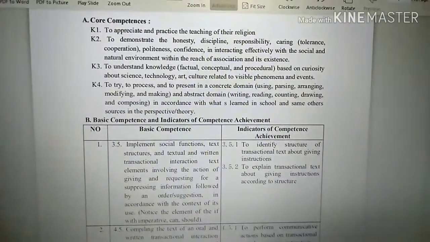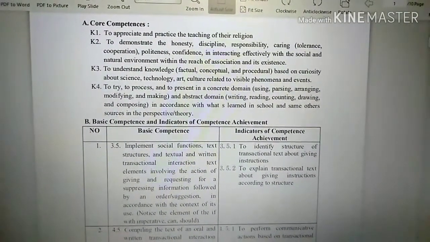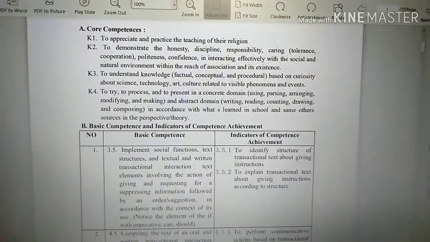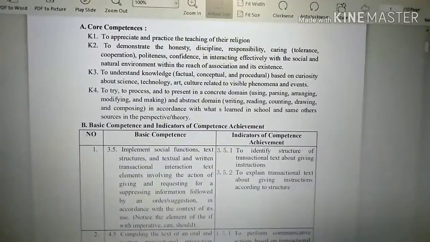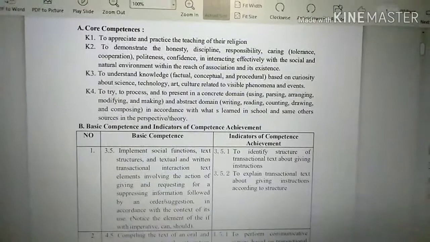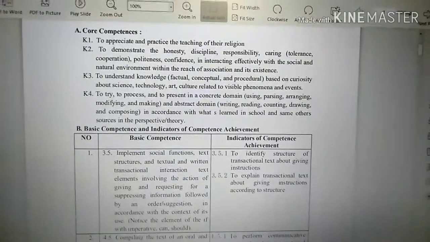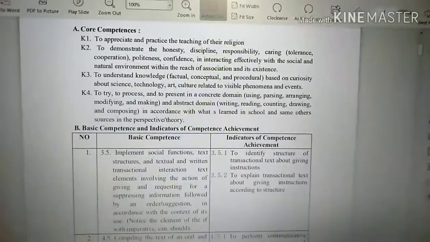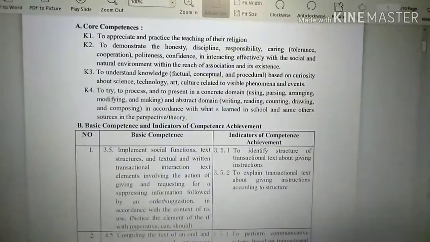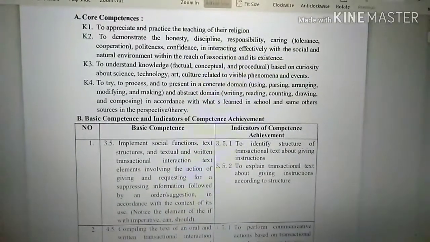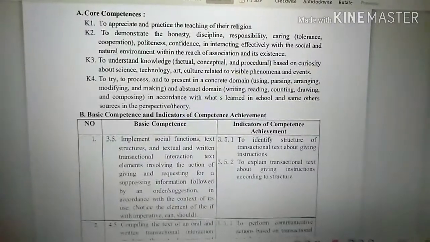The first basic competence is 3.5: Implement social functions, text structures, and linguistic elements of spoken and written transactional interaction text involving the action of giving and requesting information related to suggestions, in accordance with the context of its use. Notice the element of if with imperative, can, and should.